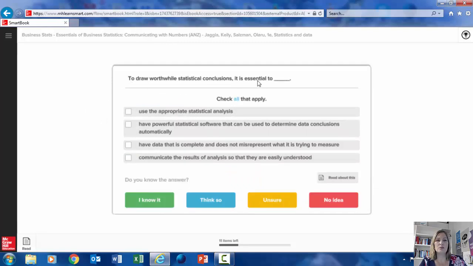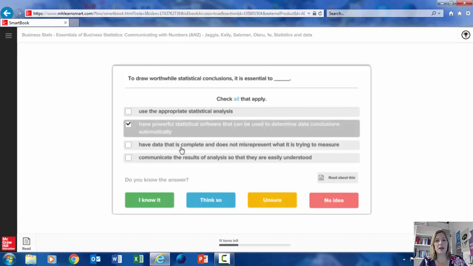To draw worthwhile statistical conclusions, it is essential to, check all that apply, use appropriate statistical analysis. Yep, that's right. Have powerful statistical software that can be used to determine data conclusions automatically. No, that's the human element. We need to be involved with the conclusions. Have data that is complete and does not misrepresent what it's trying to measure. Communicate the results. So the first one, third and fourth are correct, but let's tick this one and let's say